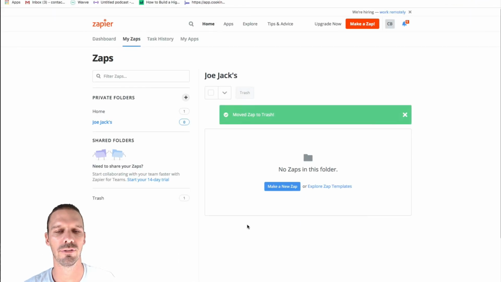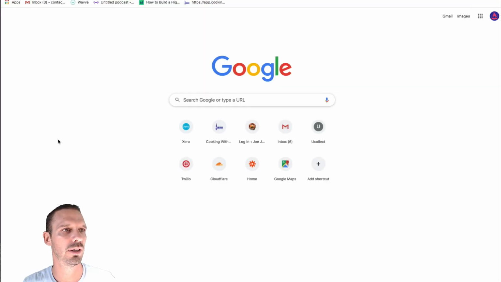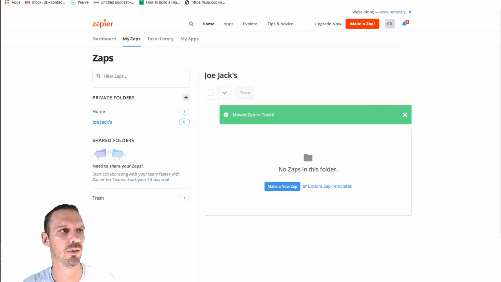So here we have a client who's a restaurant, and they have a newsletter sign up form on their homepage, and they want people to go from the form into the HighLevel account. So what we're going to do here is we are going to go to Zapier, and I'm going to make